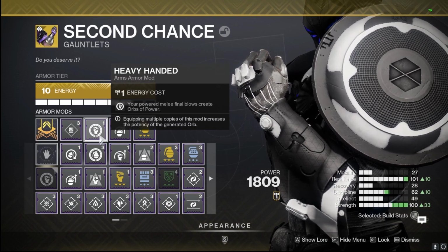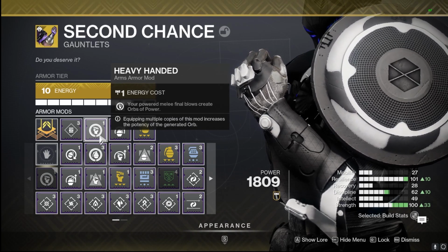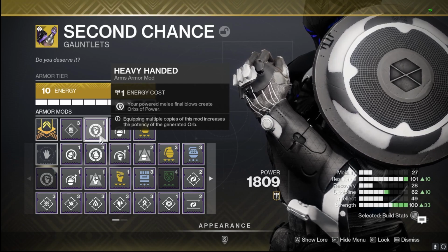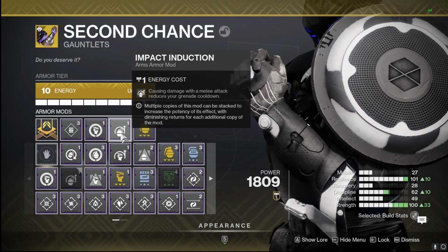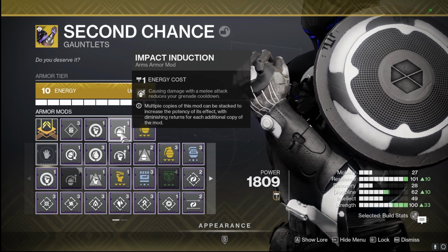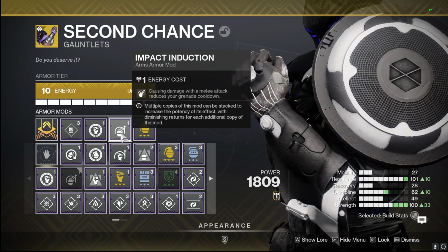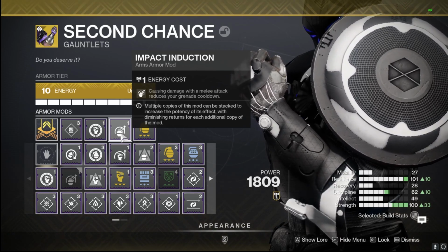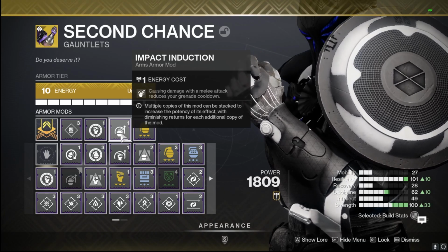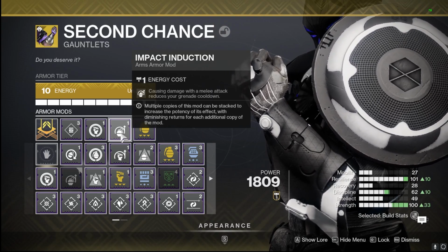Now for our mods, we're going to have Heavy-Handed to create orbs of power on our melee final blows, since we're going to have that double melee and have it up pretty consistently. On top of that, we're going to get our grenade back a little bit faster when we cause damage with our melee attack, allowing us to have our grenade very often, which again allows us to have that volatility, which is a debuff for Void, creating even more of that Overshield for us, Repulsor Brace, everything, so actually